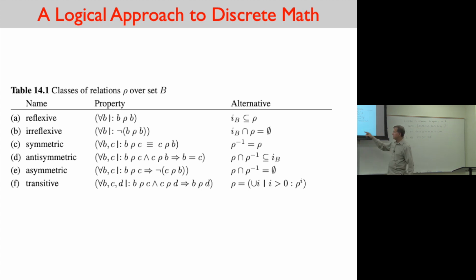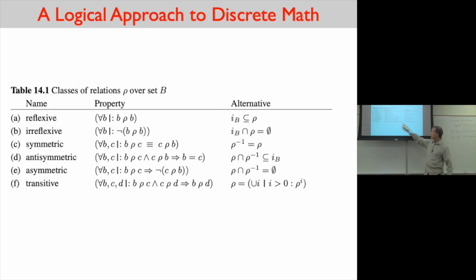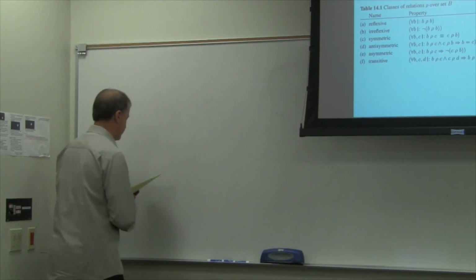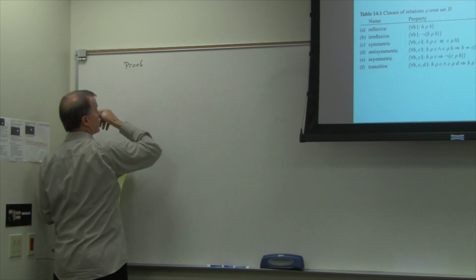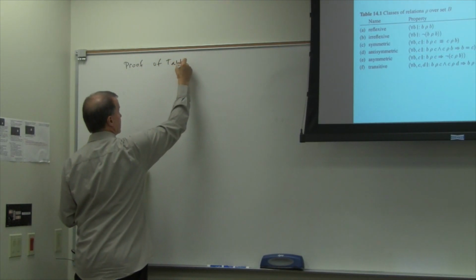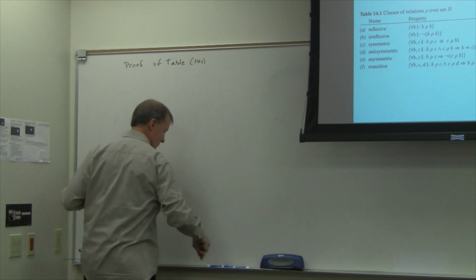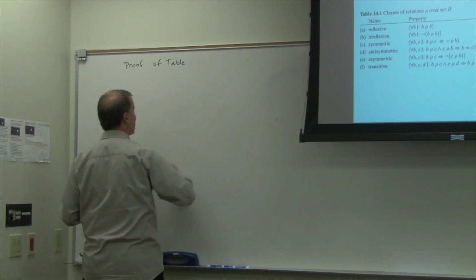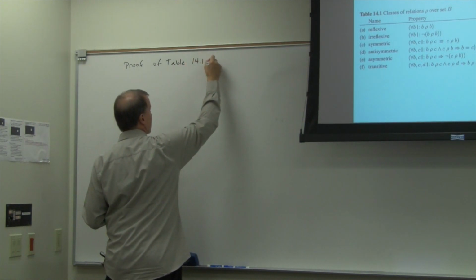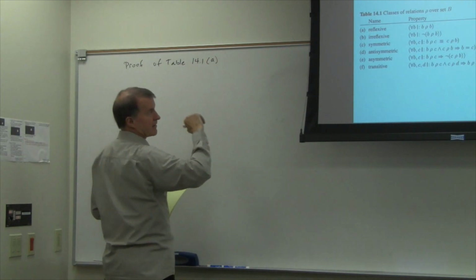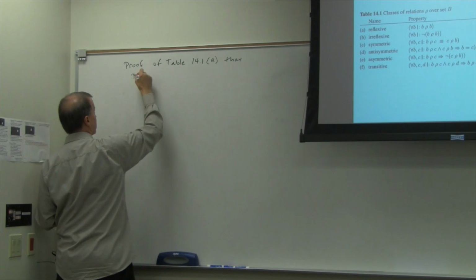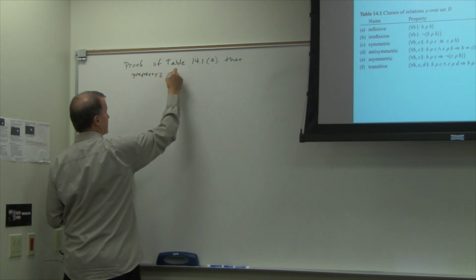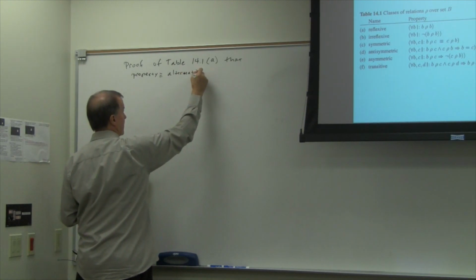Actually, I'm asking you to do B, C, and D. B, C, and D are homework assignments for next time, and so you'll have to prove them. So let's do A, because that's not assigned. Okay, so proof of table 14.1a, that the property equivales the alternative. Okay, so what we must prove is